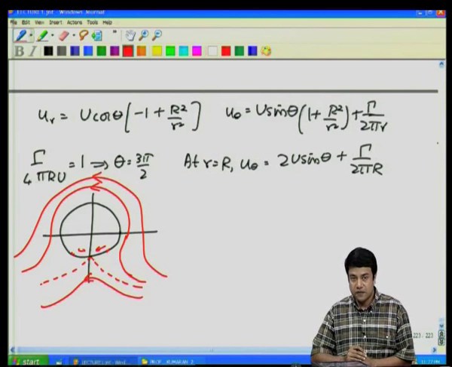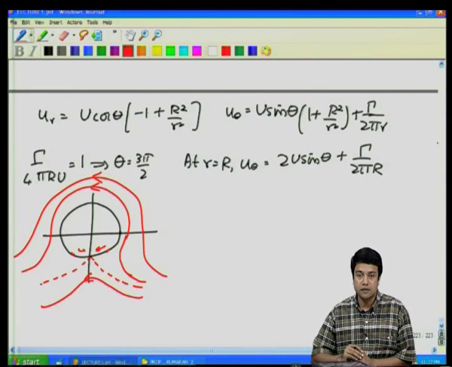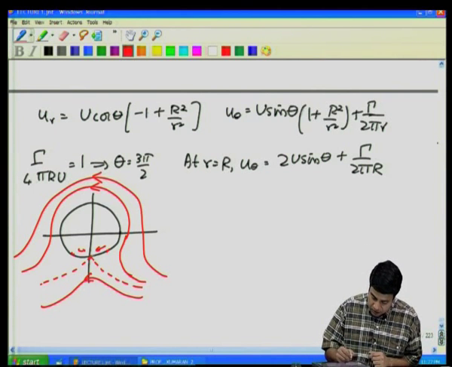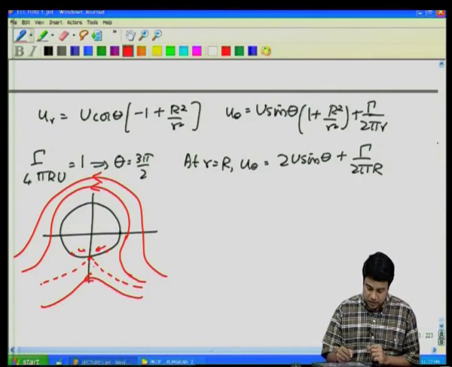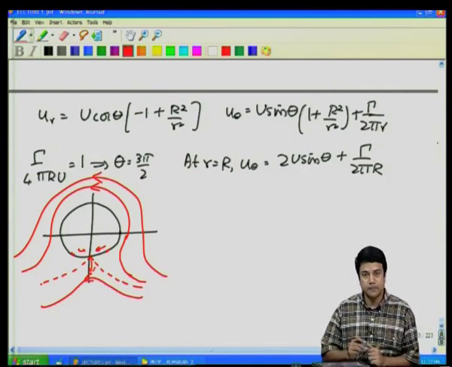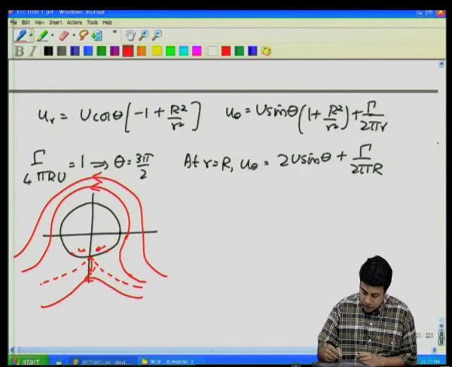Of course, I could still further increase the circulation. I could keep increasing Γ relative to R times u, but sin θ cannot become greater than 1. So the minimum value I can have is for sin θ equal to minus 1; it cannot go below minus 1. So the only thing that can happen here is for this stagnation streamline to leave the surface of the cylinder and move downwards. So, for Γ/(4πRu) greater than 1,